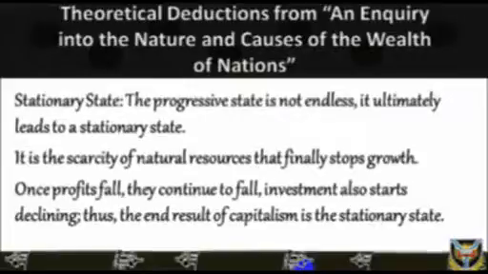Once profits fall, they continue to fall. Investment also starts declining. Thus, the end result of capitalism is the stationary state. When this happens, capital accumulation stops, population becomes stationary, profits are at the minimum, wages are at the subsistence level. There is no change in per capita income and production, and the economy reaches the state of stagnation, according to